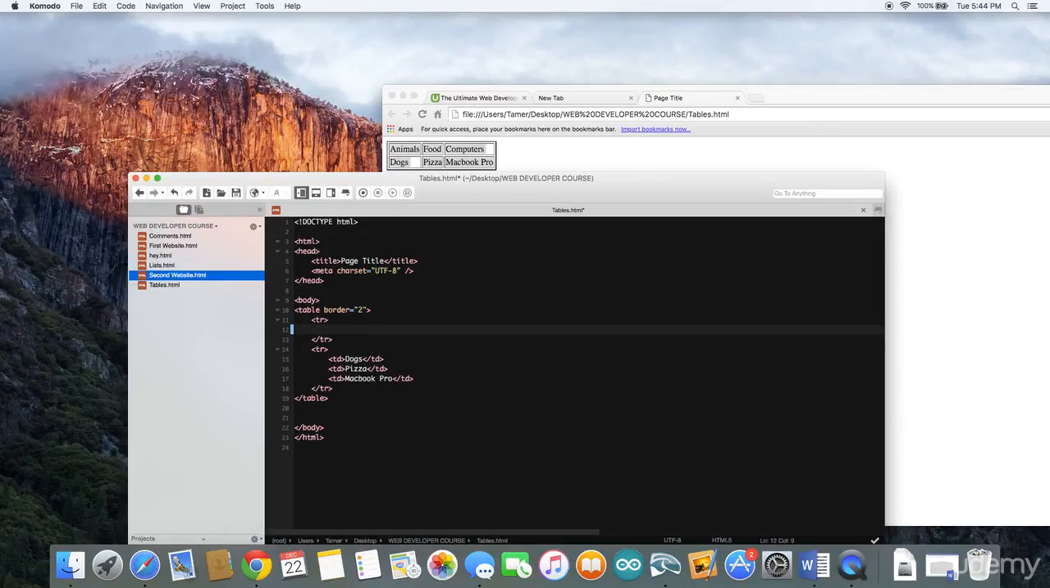A table heading tag will look like bracket th bracket. Anything you put in here will become bolded and will stand out compared to the table data. So now let's add the table things we have. We have th animals. Now let's go back and close this. And we have th food. Close this. Then th computers. So now we created 3 table headings: animals, food, and computers, and it's going to have the table data dogs,